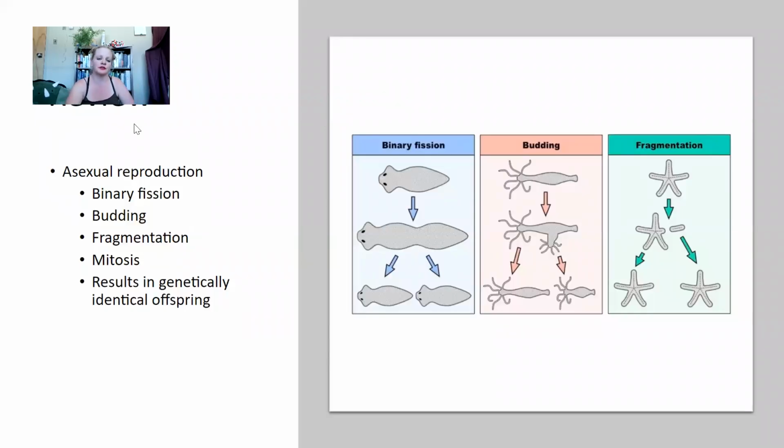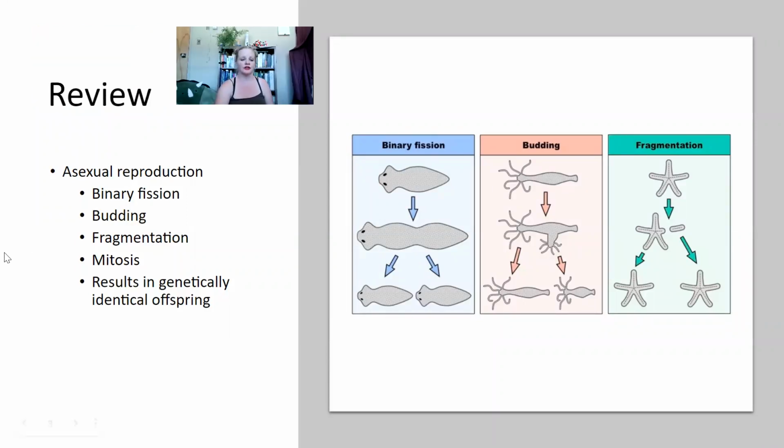Just a little bit of a review. Last time we talked about asexual reproduction. Prokaryotes do binary fission, whereas eukaryotes, when they asexually reproduce, use budding and fragmentation, and this process is accomplished through mitosis in eukaryotes. Remember that prokaryotes don't do mitosis; they don't have a true nucleus. Either way, with binary fission or mitosis, you end up with offspring that are genetically identical to each other and to the parent.